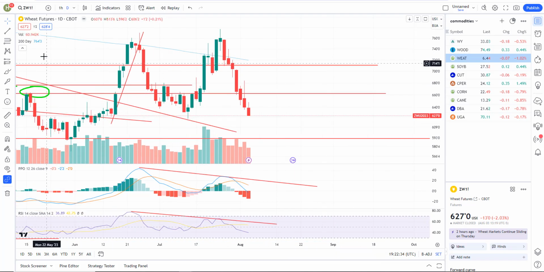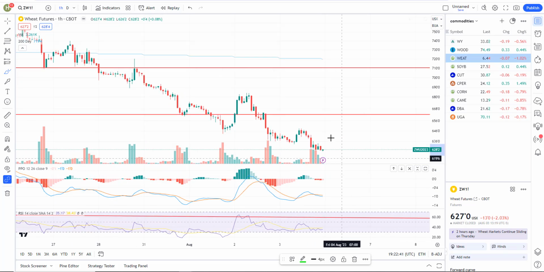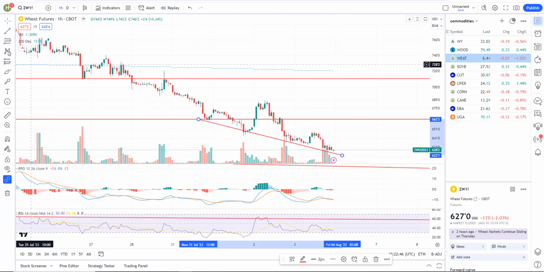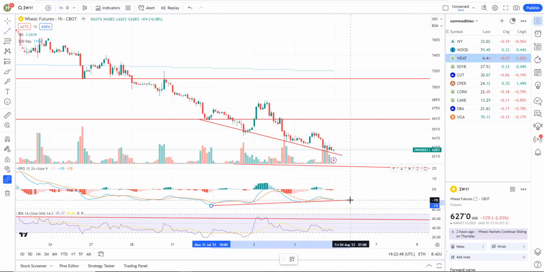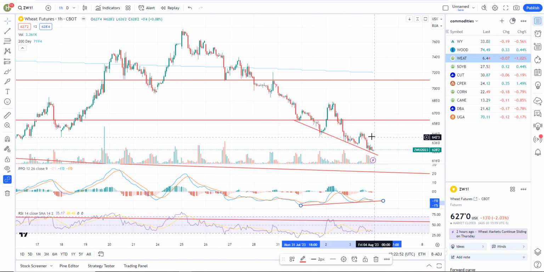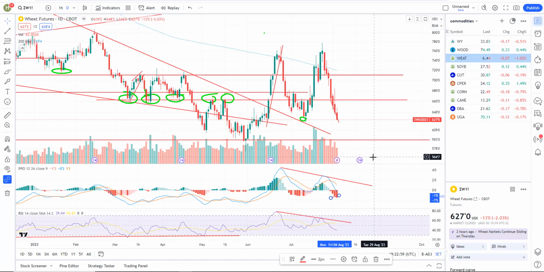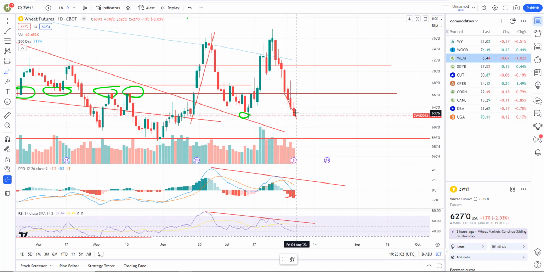The big picture, though, is you've got this low right here. We're pretty much there. And then if I go down to the hourly, you can see we're just kind of drifting lower like that. And we are starting to set up some bullish divergence there on the hourly. So that could indicate that on this hourly chart we're going to get a reversal and a bounce, and that would probably be positive for the daily. Again, it's not too much lower for another backtest of that wedge.